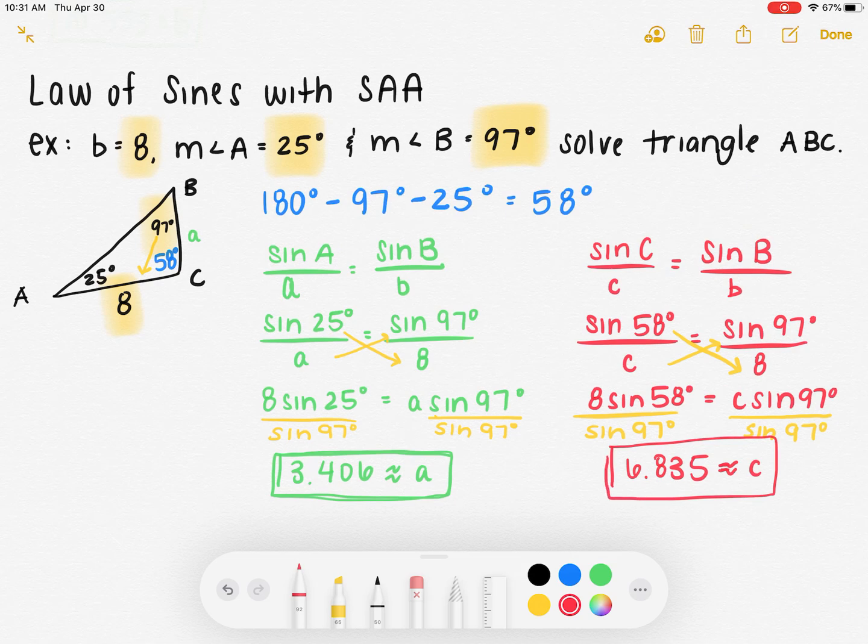And now I'm done, because now I have everything that I needed to know. 6.835 is side C, and side A we said was 3.406, so everything is labeled, and I am